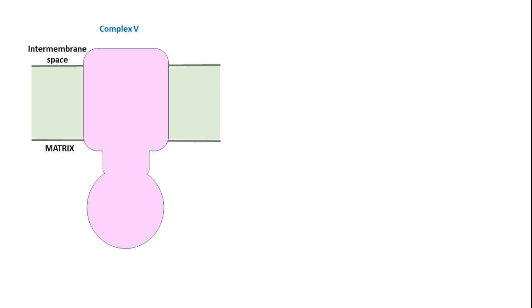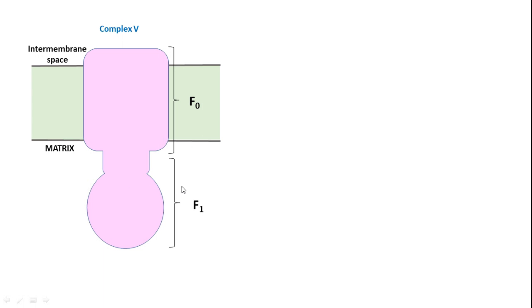In complex 5 you have a typical multi-protein conglomerate. It's a huge protein with multiple subunits. Okay, so largely you have two units, that is F0. F0 is the transmembrane protein, and you also have F1, the knob-like structure over here, that is F1. So these are the two major subunits that we have.